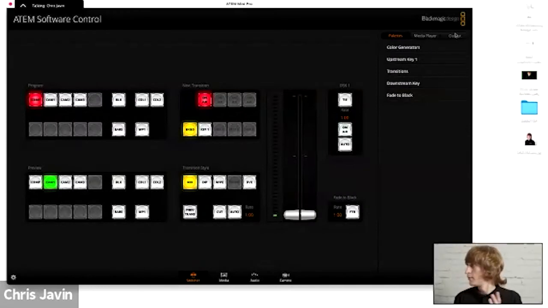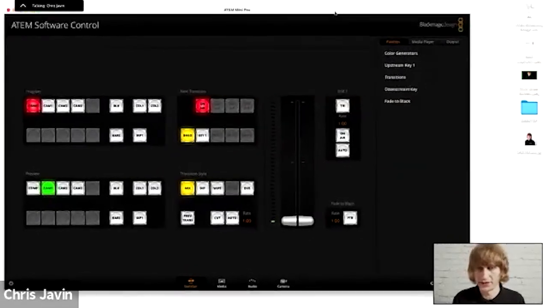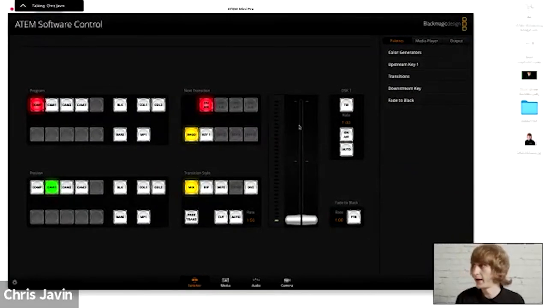Okay, I'm just going to knock my picture-in-picture down to there, but everyone should now be able to see the A10 control software here. So to give you an idea of what this is actually doing, this is a remote control application. All the processing is done internally with the A10. The A10 Mini is doing all the heavy lifting here, and this is just a remote application